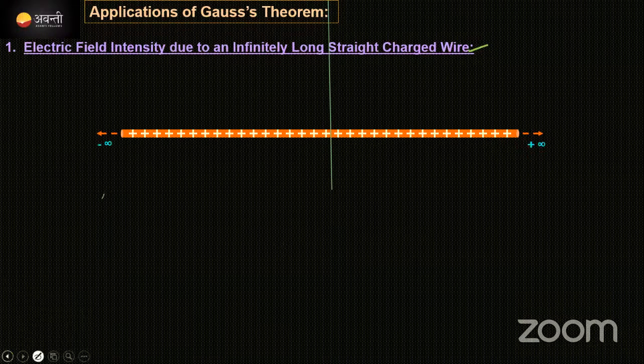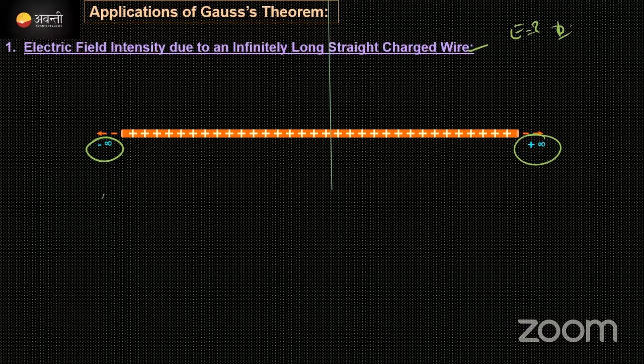See here, guys, due to this wire, the charges on it are uniformly distributed. Actually these are extending up to infinity. It is a very long wire. Due to this wire, what will be the field intensity, that is, what could be the E value, we need to find out, or else we need to find out the flux. Finding the flux makes E easy to get. See what to do. Now I need one Gaussian surface here. According to Gauss, we have to bring a surface as well.